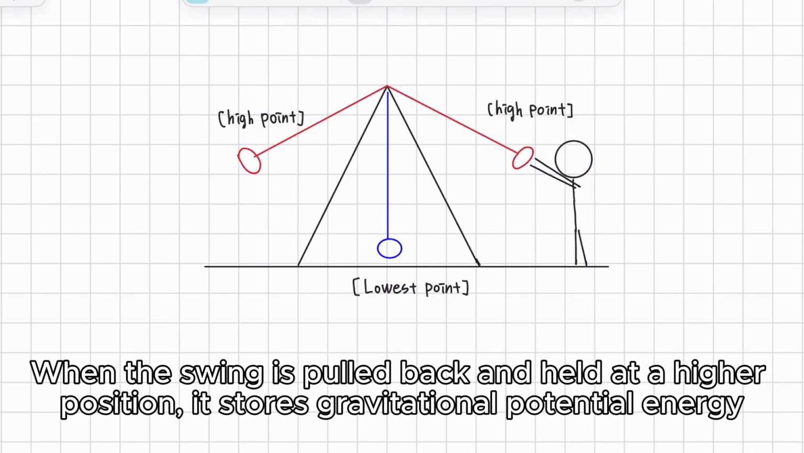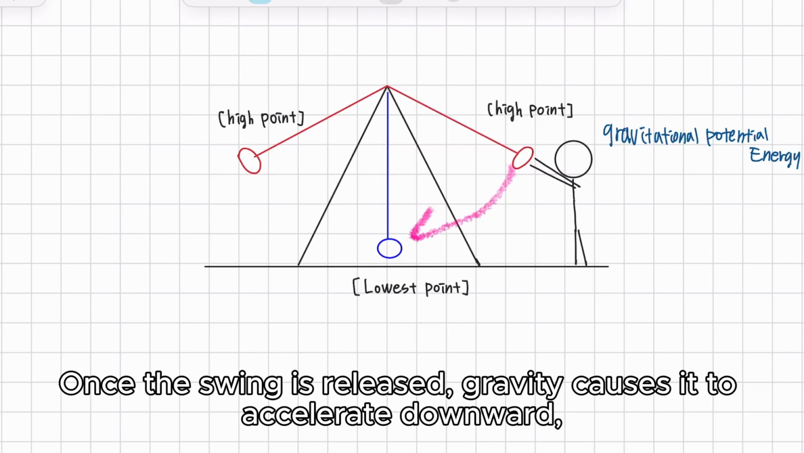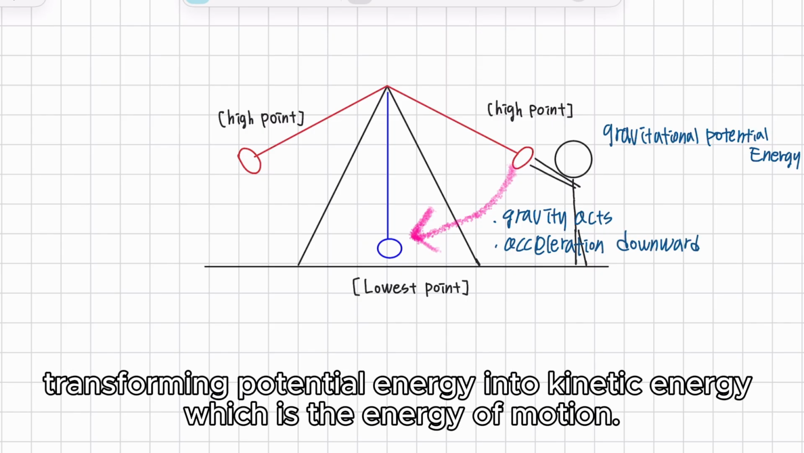When the swing is pulled back and held at a higher position, it stores gravitational potential energy. At this point, the amount of energy depends on the swing's height and Earth's gravitational pull. Once the swing is released, gravity causes it to accelerate downward, transforming potential energy into kinetic energy, which is the